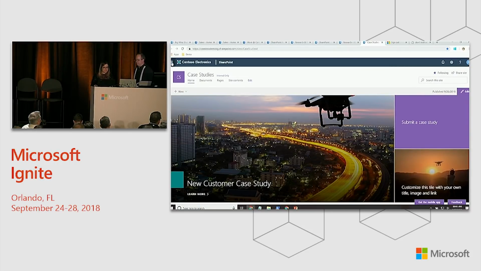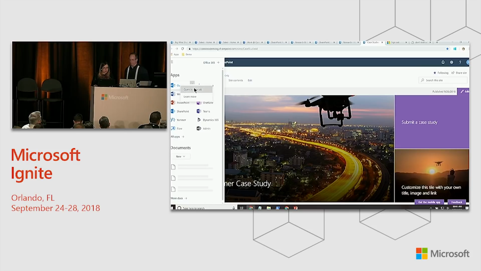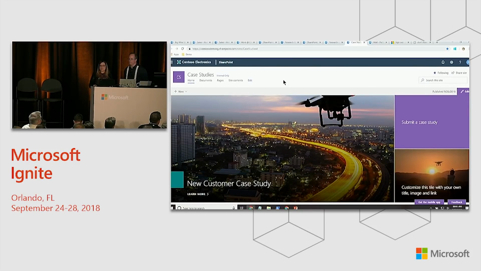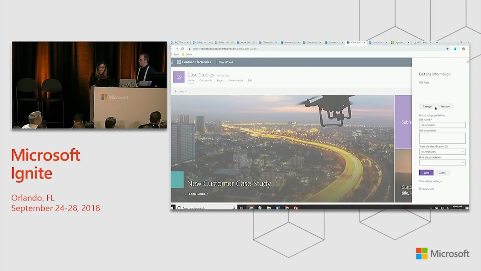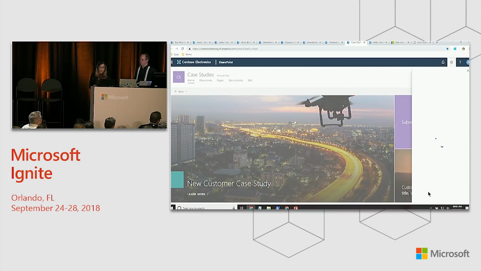So here's the case studies site that is going to be joining. Let me open Outlook so you'll see the process coming forward. But before we get that, here's case studies. That is the site that's going to be joining the Research Hub. So I'm going to go join the hub, go to Site Information, and I'm going to go ahead and pick Research. And notice here that immediately you see the sign: an approval is needed before your site gets connected, so expectations are set with users. And if I click Save, wait for it, it's going to open up a little message,